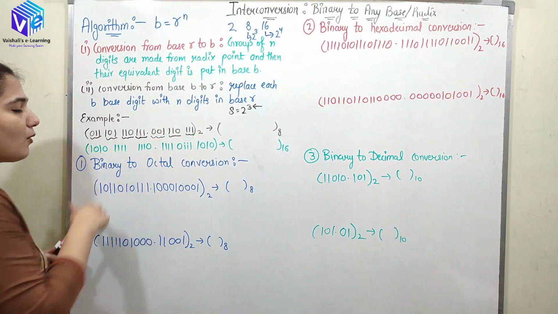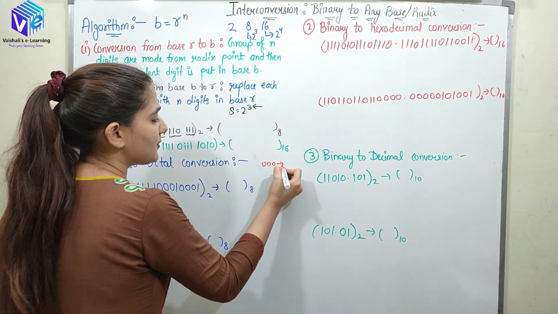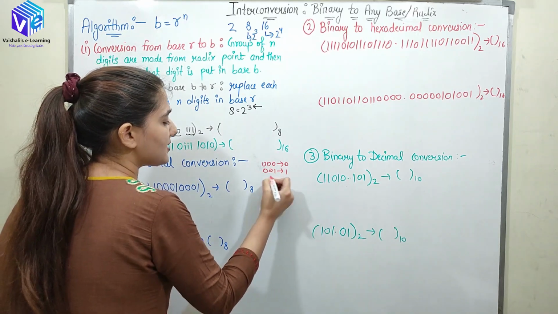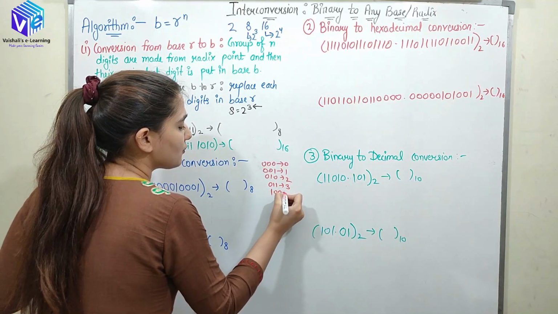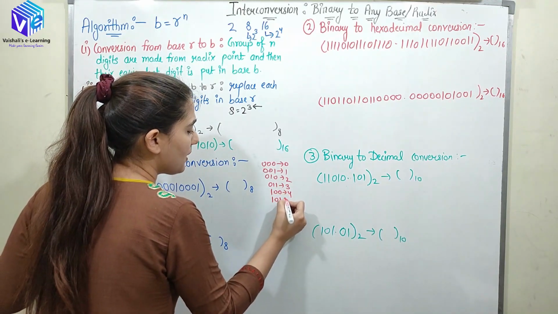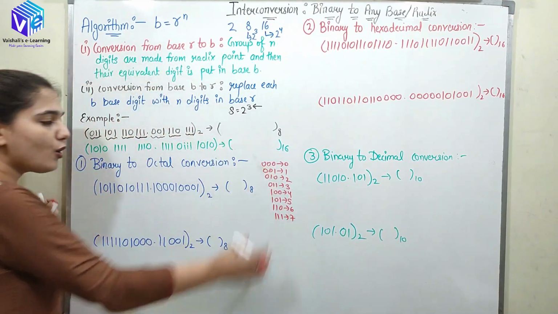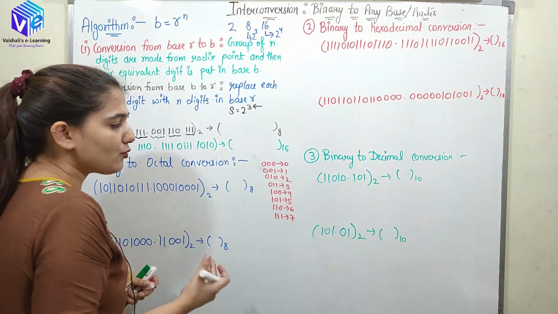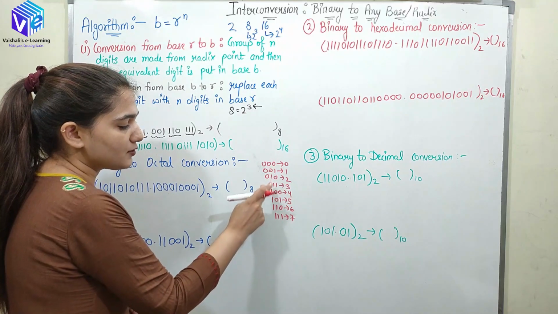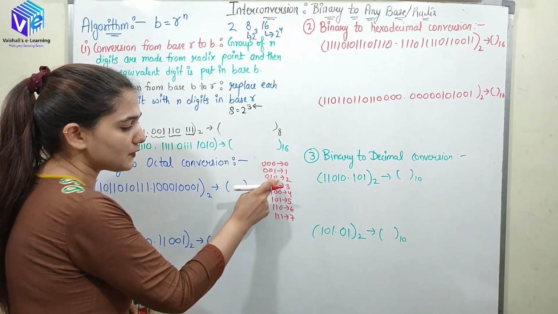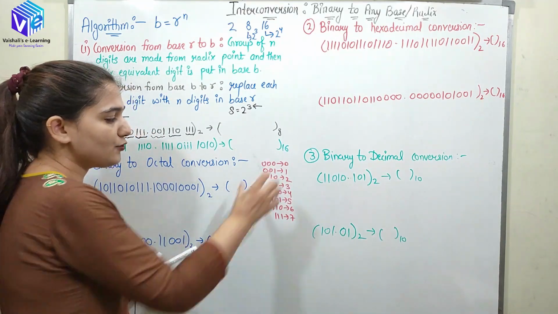So I know what 011 is. I will give you a chart. Here 000 represents 0, 001 represents 1, 010 represents 2, 011 represents 3, 100 represents 4, 101 represents 5, 110 represents 6, 111 represents 7. So always make this chart. You can take 4 zeros and 4 ones, then 2 zeros and 2 ones, 2 zeros and 2 ones, then 0 1 0 1 0 1 0 1, and start from 0 and go up to 7. This is how you can make this chart.